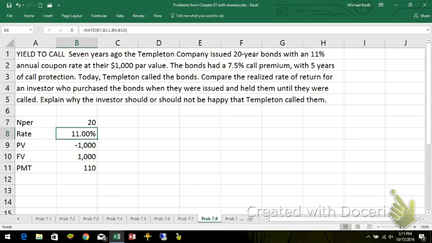Now, today Templeton called the bonds after they had made 7 payments. So what we want to look at is the realized rate of return for an investor. An investor who bought one of these when it was first issued thought they would earn 11% by getting $110 a year for 20 years and then getting their $1,000 back. Okay, well, let's